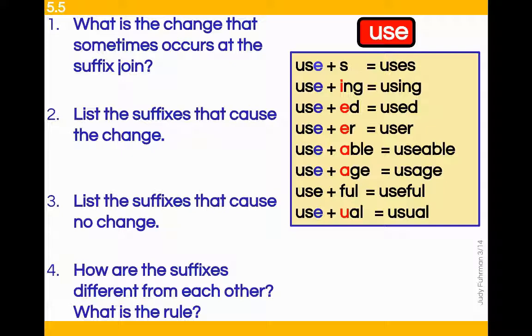Let's go over your answers. Number 1, what is the change that sometimes occurs at the suffix join? We need to drop the E. Number 2, list the suffixes that cause this change. The suffixes are ing, ed, er, able, age, and ual. If we look at our examples on the right, we have using,